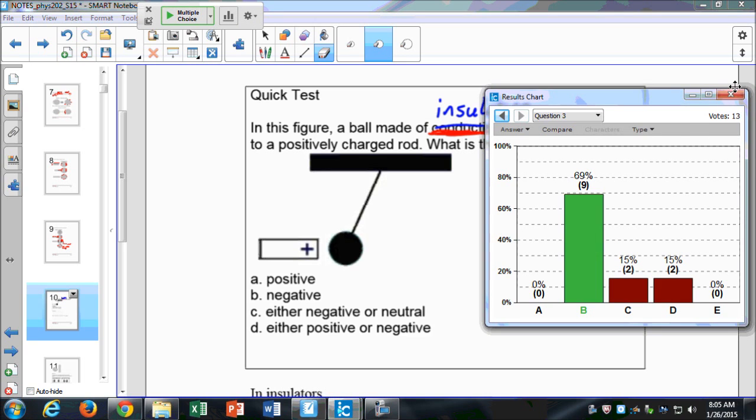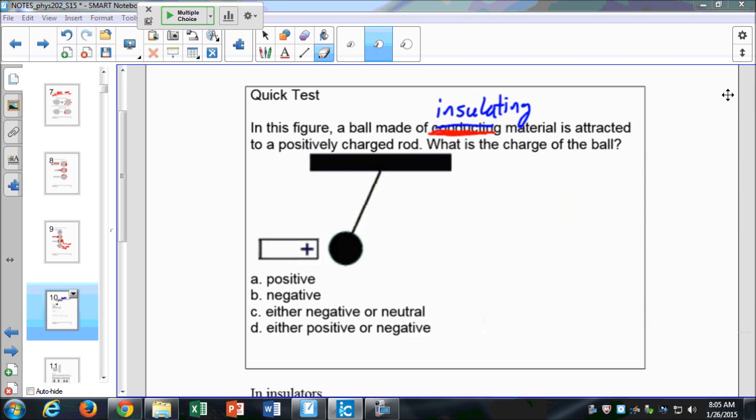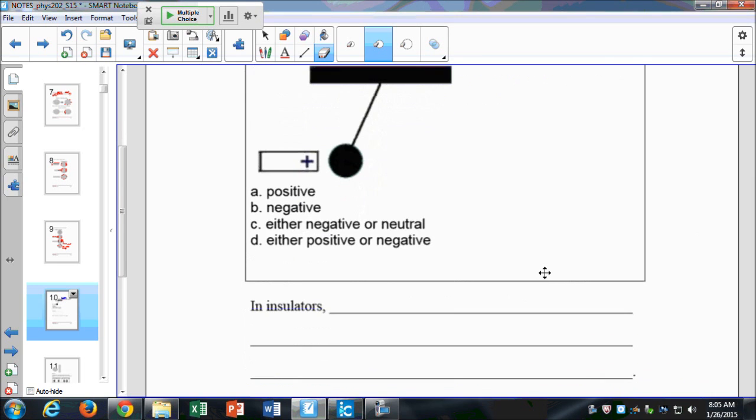Alright, very good. So if it's a conductor, it has to be negatively charged because, if it's an insulator, it has to be negatively charged because you're not going to get a distribution of charges that are separated like we did with the conductor. And let's see, in insulators,